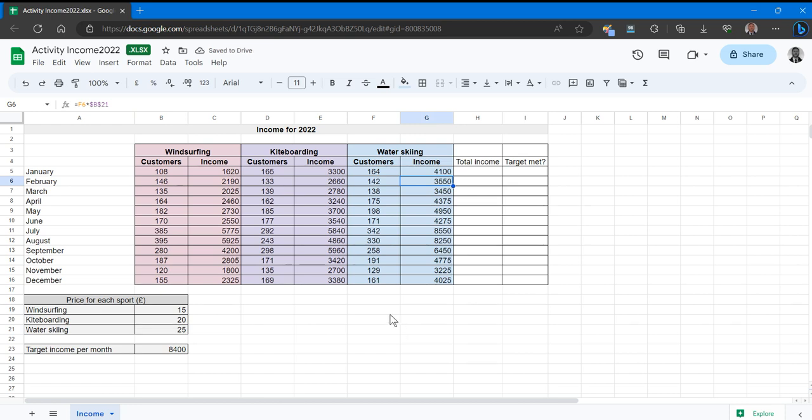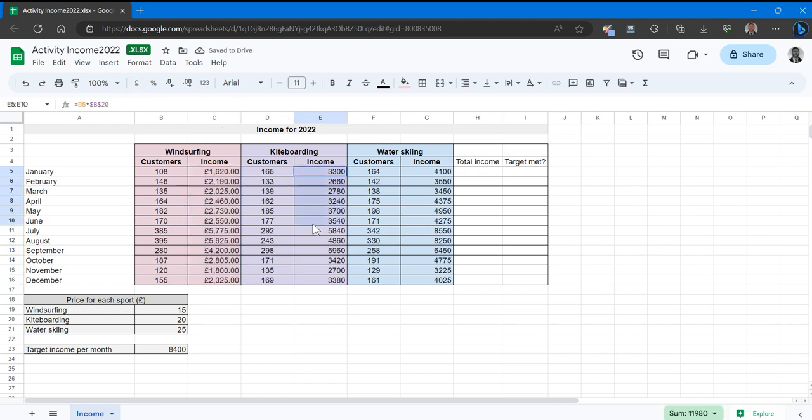for each activity. What I'm going to do here, so we can understand the data better, or if anyone else is going to read this that hasn't been working with this sheet, so they can understand easily that the values, we're going to select the range for the income, and then we're going to convert this to currency. So on your toolbar up here, if we go to the little pound sign, select,